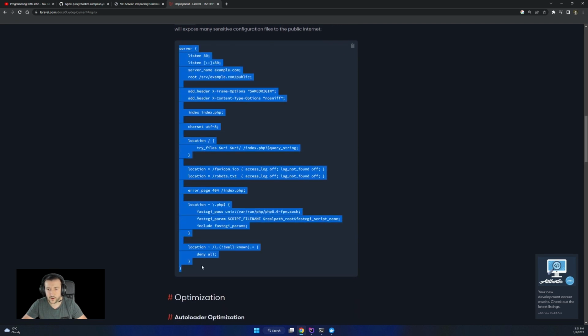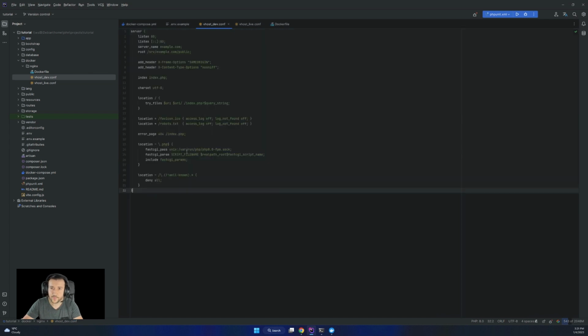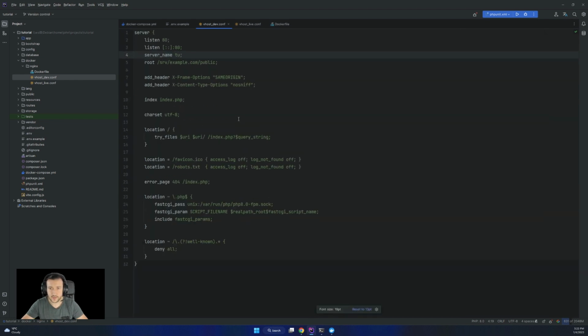I'm gonna copy everything that's in here and we're gonna adjust. So we have server listen 80 server name. The server name that we want to use, let me make this bigger, is tutorial.local.com. That's the server we defined for dev.